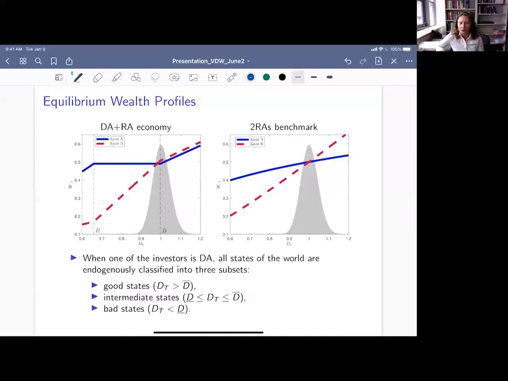Okay, we don't have default in this setting, right? Adam, you can. It's because he never wants to enter into that set of trades, because of his preferences. Remember, these states are not exogenous, right? They're endogenously classified. So nobody, like the agent, will not default in this model. It has to do with how these regions are actually determined, right? They're determined according to the preferences of the two agents.